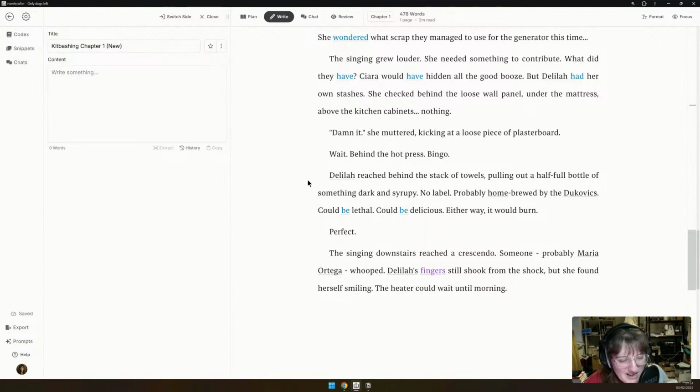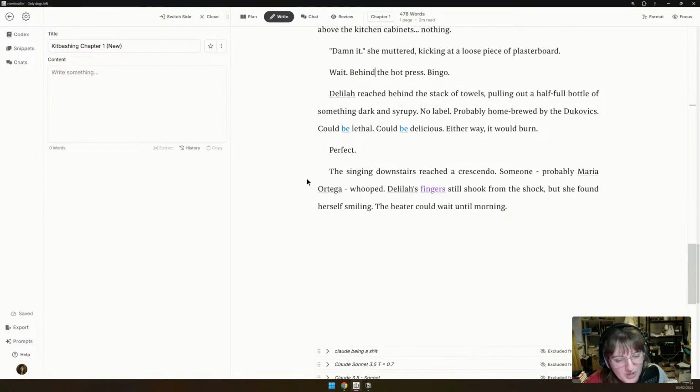Delilah reached behind the stack of towels, pulling out a half full bottle of something dark and syrupy, no label, probably homebrewed by the Dukovics. Could be lethal, could be delicious. Either way, it would burn. Perfect.